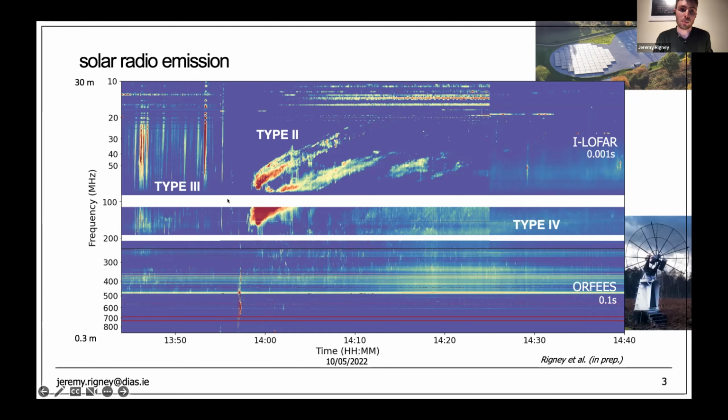I'd like to highlight a couple of features on this dynamic spectrum. These bright vertical bursts, which you see in the top left corner, are called type 3 solar radio bursts. These are electrons accelerated along open magnetic field lines and can be associated with flares. But primarily in the center here, these bright radio bursts are called a type 2. This is produced by electrons accelerated by a shock front, and this is the clearest signature that we have at radio emission of a coronal mass ejection from the sun. We also get this type 4 diffuse afterglow emission, which you can see in the bottom right, which can also be associated with CMEs.